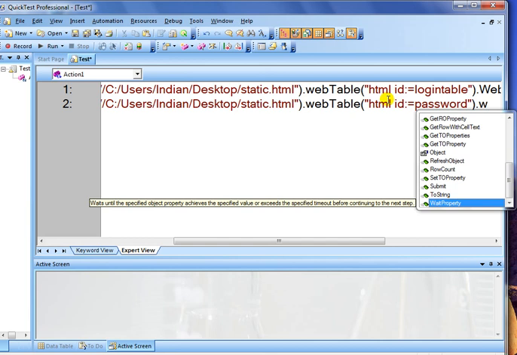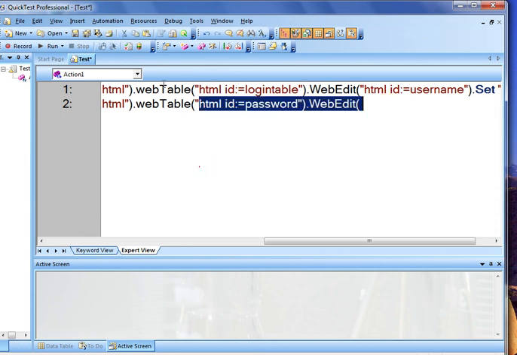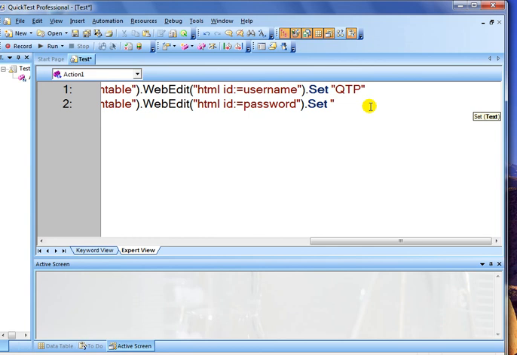Okay, sorry, this is a web table, so what is the value of this web table property? Login table. Okay, now HTML ID colon equal to password, dot set, Mercury.